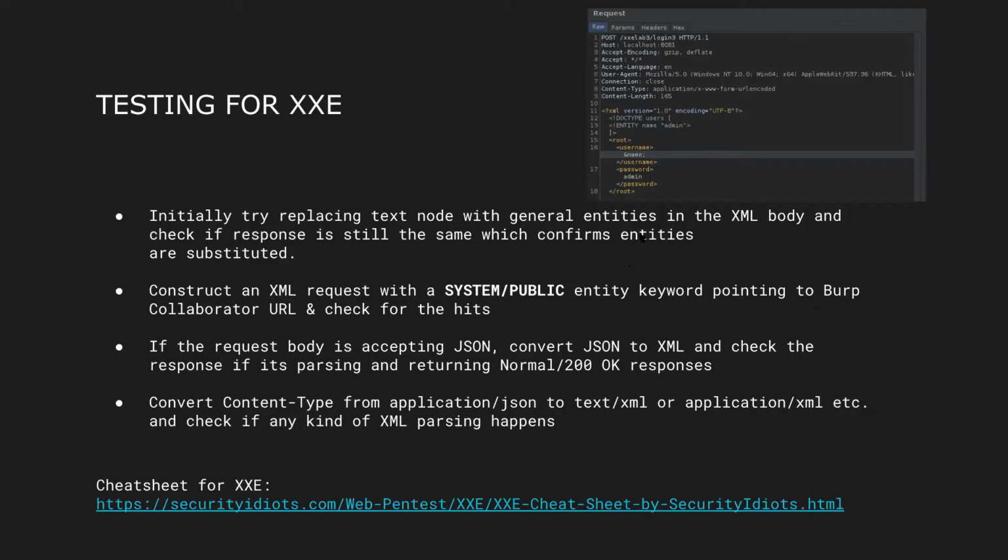If that works, what is the second thing we can do? Let us see if external entities are allowed. After we see that the application allows a general entity, let us replace this entity with a SYSTEM or PUBLIC keyword and define an external entity pointing to a Burp or external server under our control. When we pass this request to the XML parser, if it processes the request and allows external entities, a request will be triggered to a Burp Collaborator endpoint. This proves that the application is vulnerable to